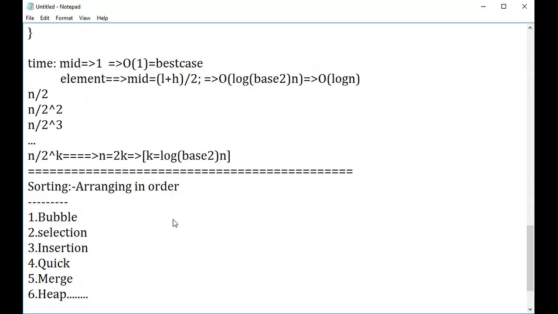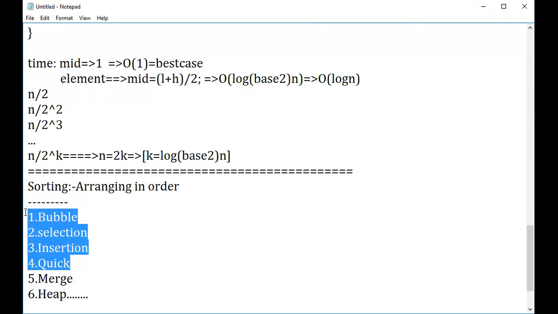Okay, we'll see. When you're preparing, at least you should know a minimum of four types of sorting algorithm. You should have knowledge about it. It is wiser to know all the algorithms, but at the minimum, you should know at least four algorithms and how they work. We'll go ahead one by one. First, we'll see the bubble sort.